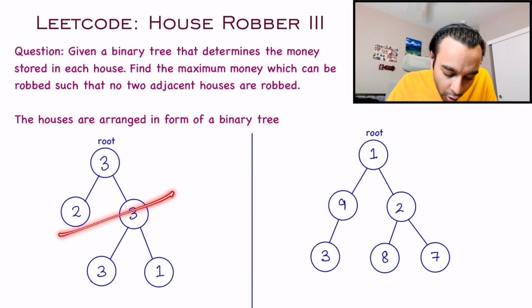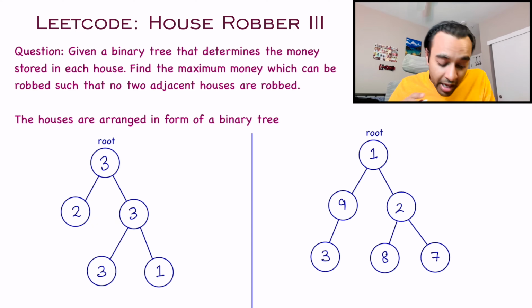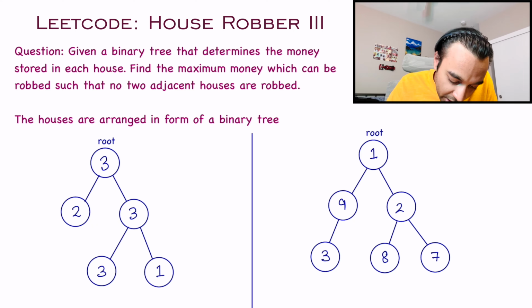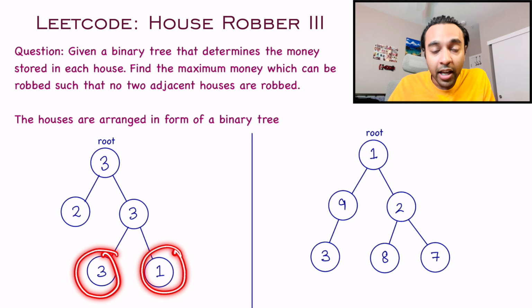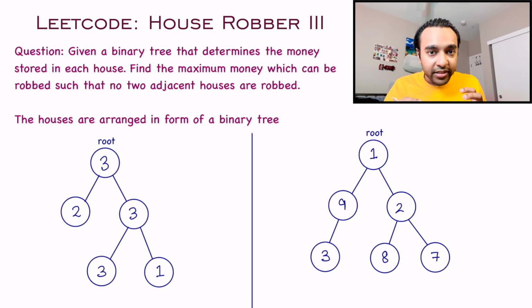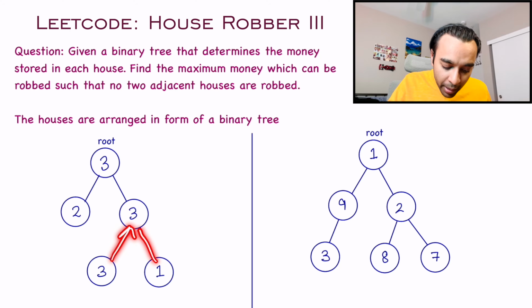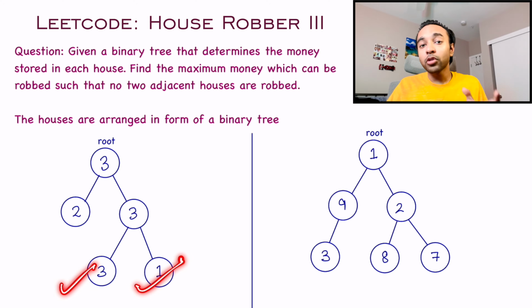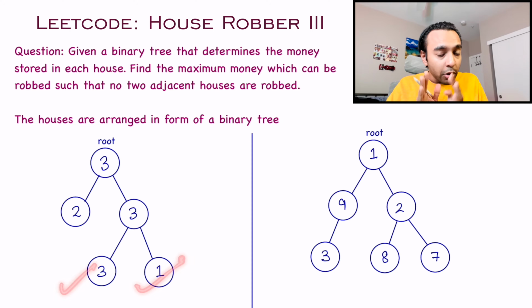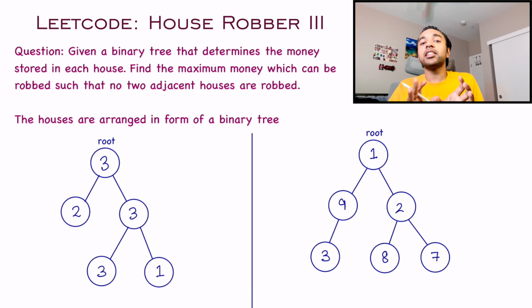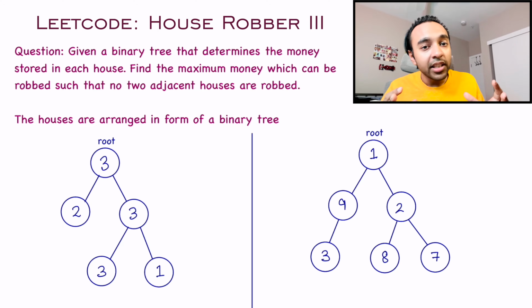So you cannot rob any of these two houses. But there is an important thing. Look at the last level. You see a house 3 and a house 1, right? So although they look adjacent, they are not connected with each other. They are connected only to their parent node, right? So the robber is free to rob any of these houses or both of these houses. So that is the main thing that you have to understand: what do adjacent houses mean when it comes to